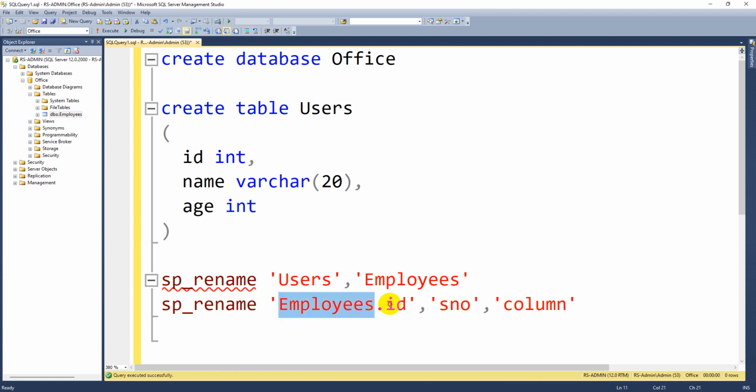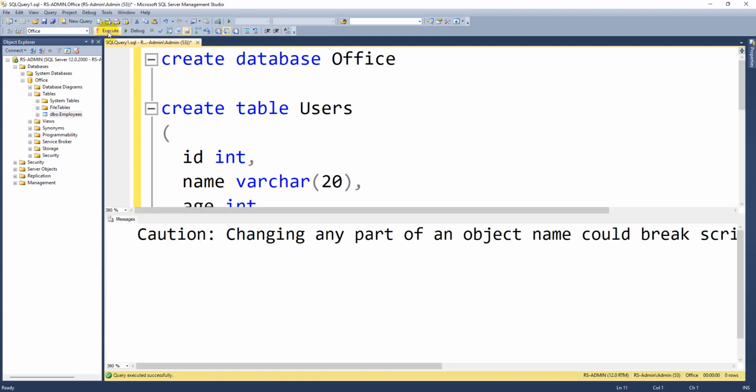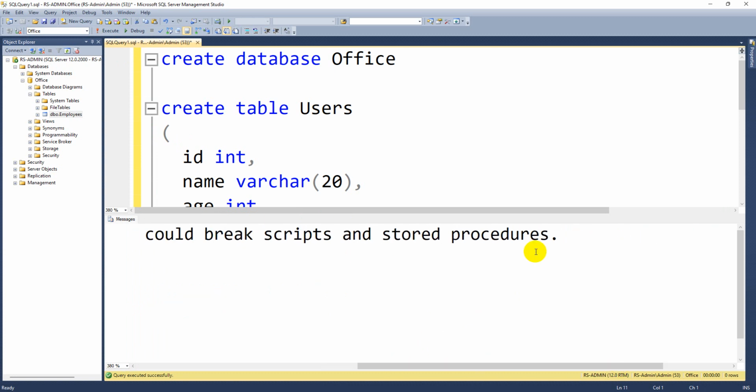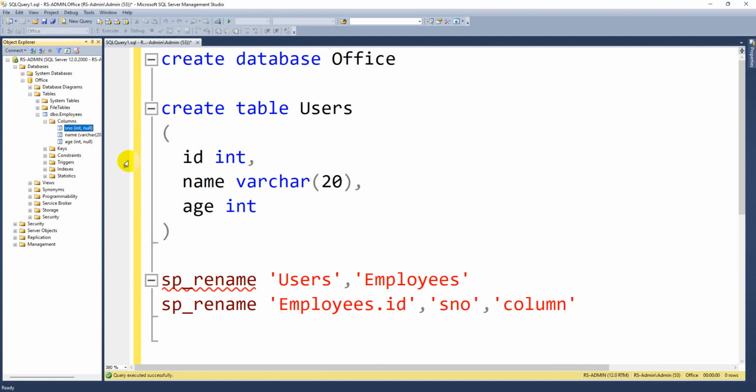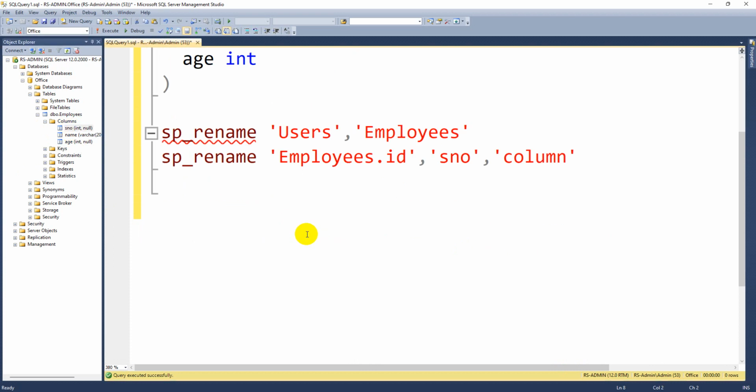This is the old name, this is the new name, this is a column rename operation. Now again you can see the same warning message: changing any part of an object name can break the script. That is just a warning message, that's not an error. So again right click on the tables and refresh, and in the employees table you can see serial number instead of ID. So this is how you can rename.